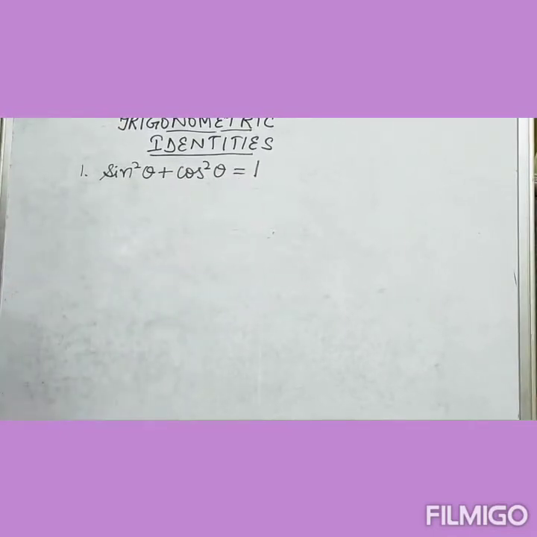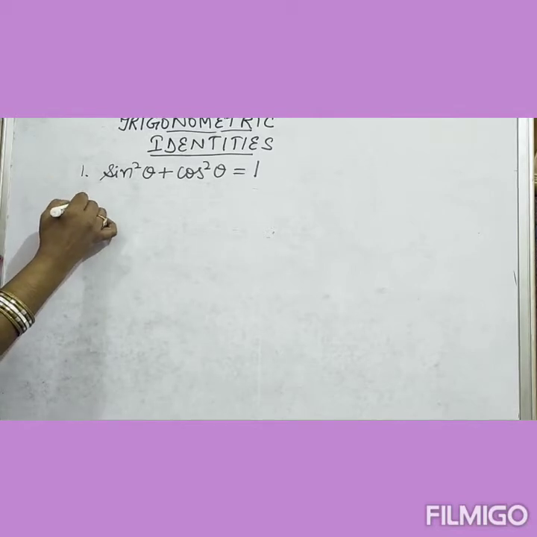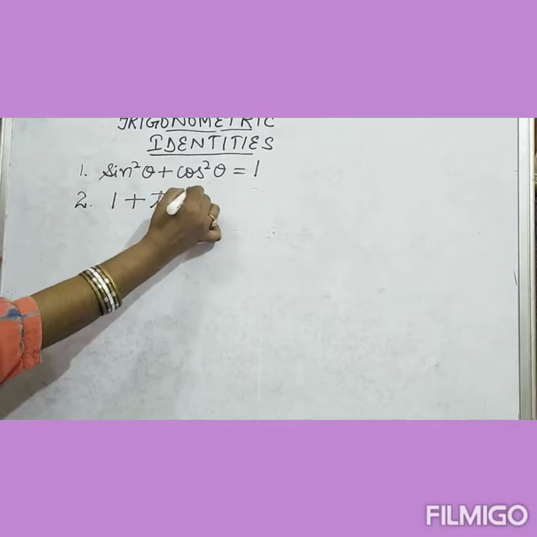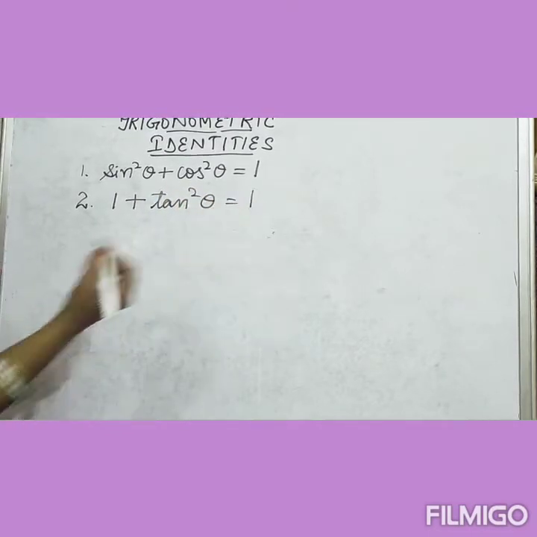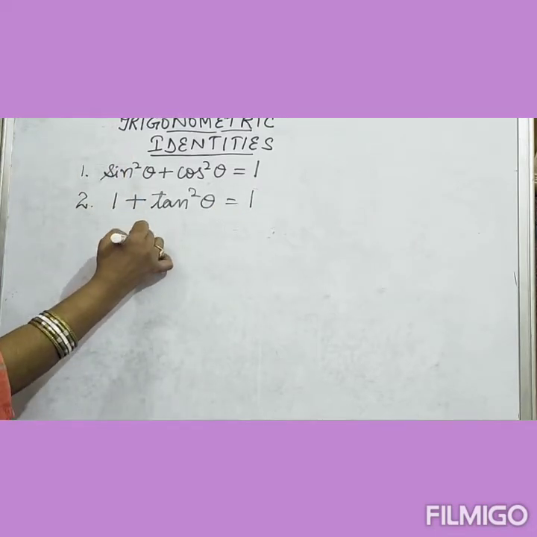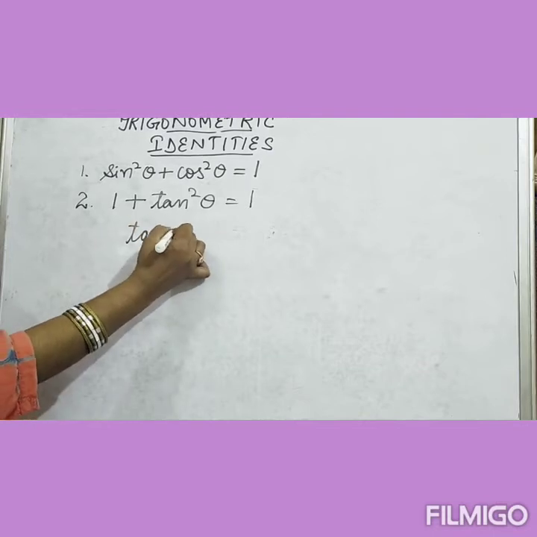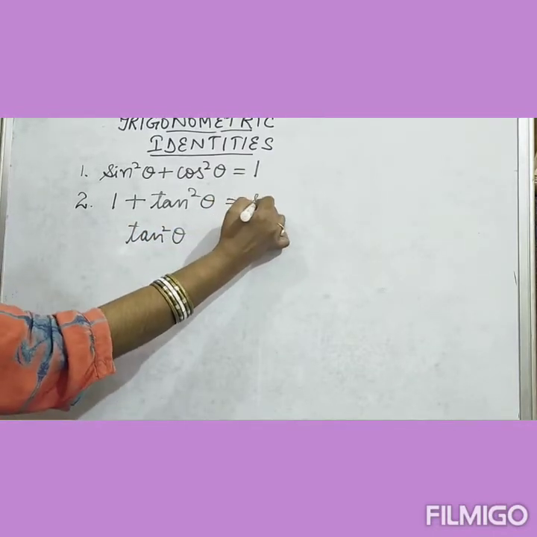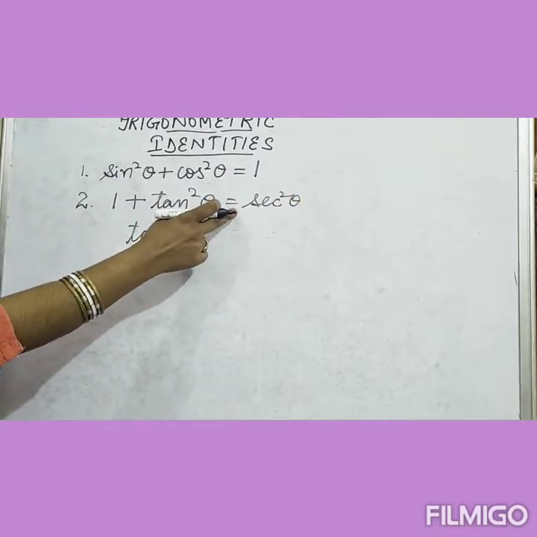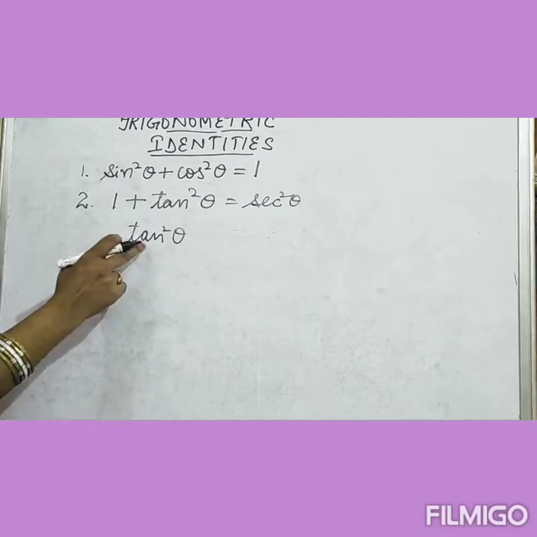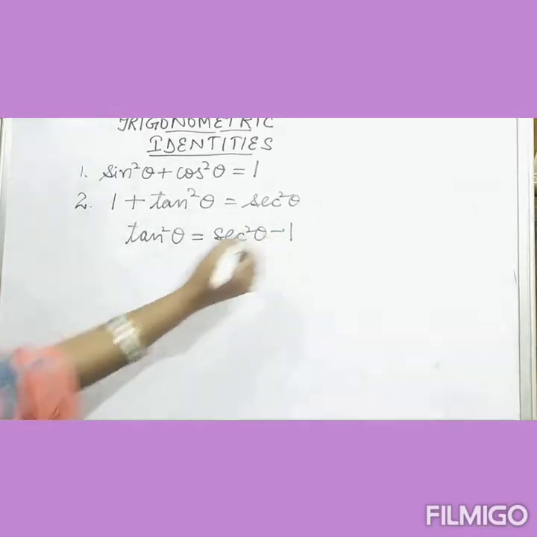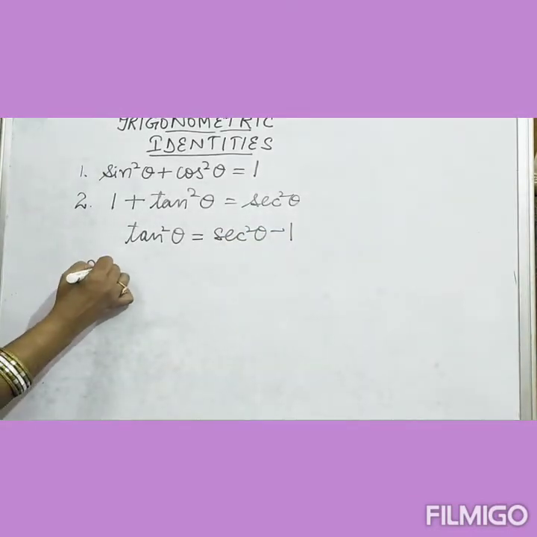The second identity is 1 plus tan square theta is equal to, sorry, this is not 1, I'm sorry, this is sec square theta. 1 plus tan square theta equal to sec square theta, and we can write it as tan square theta equals to sec square theta minus 1,